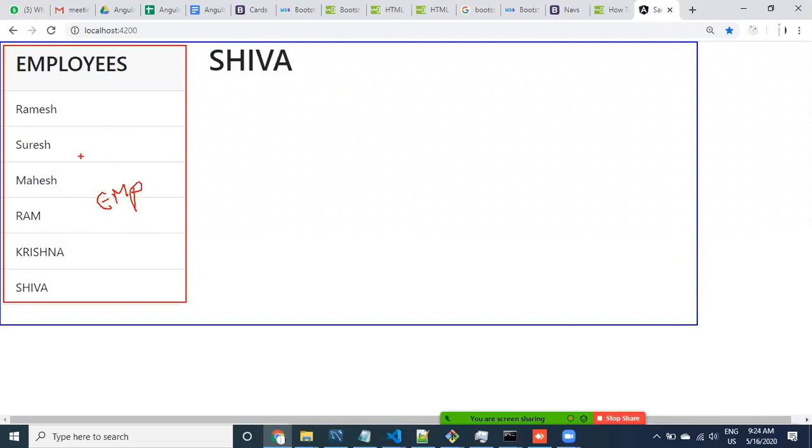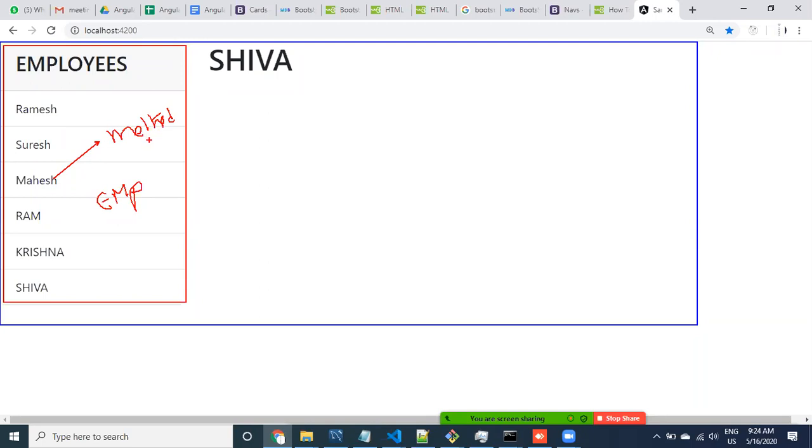Now whenever the user clicks on this, what should happen, guys? Whenever you click on this one, it comes to the employee component method. The employee component method is going to be called.